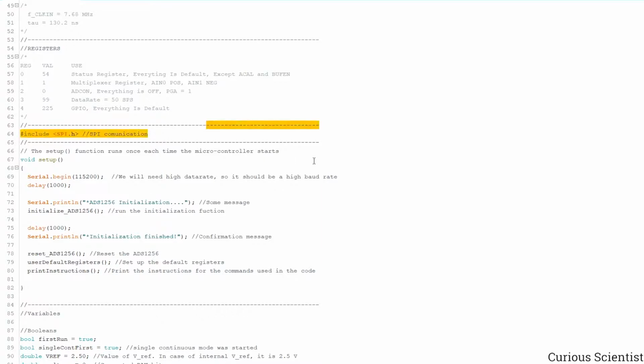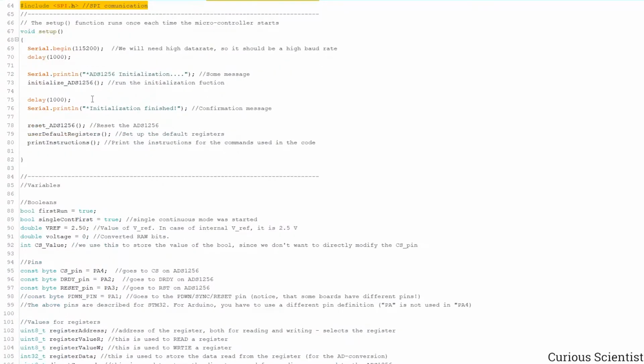And as I said, we connect via SPI, so here we have to include the SPI library. So we arrive to the setup. That's very simple. We start the serial and wait, and I have to tell you that the baud rate has to be high, because if you are using high sampling rates, then you want to push the data to the USB quickly. So use as high as possible or feasible,